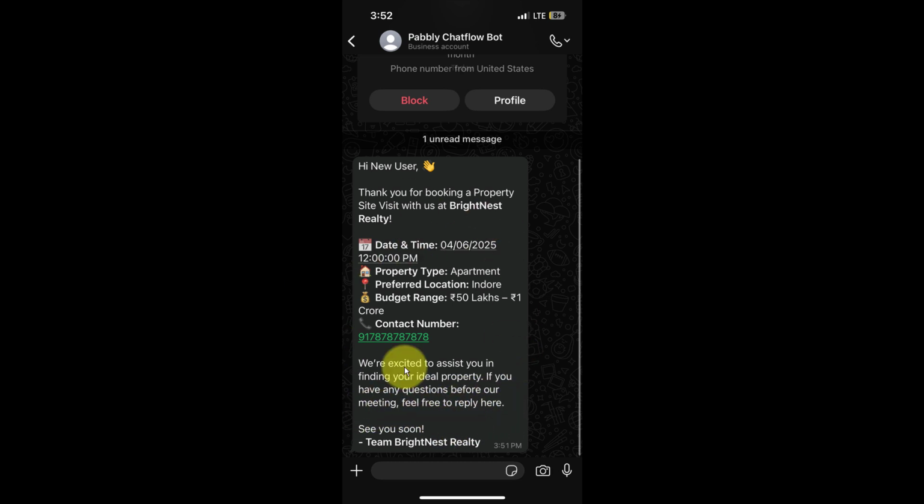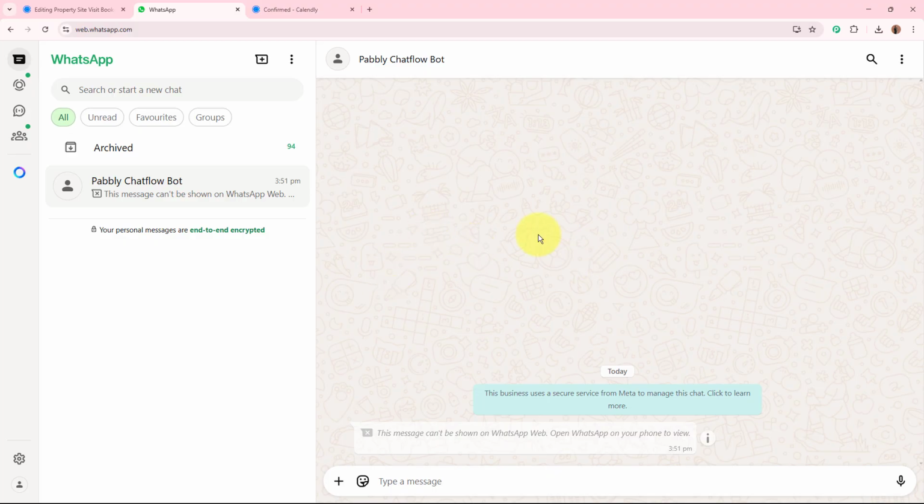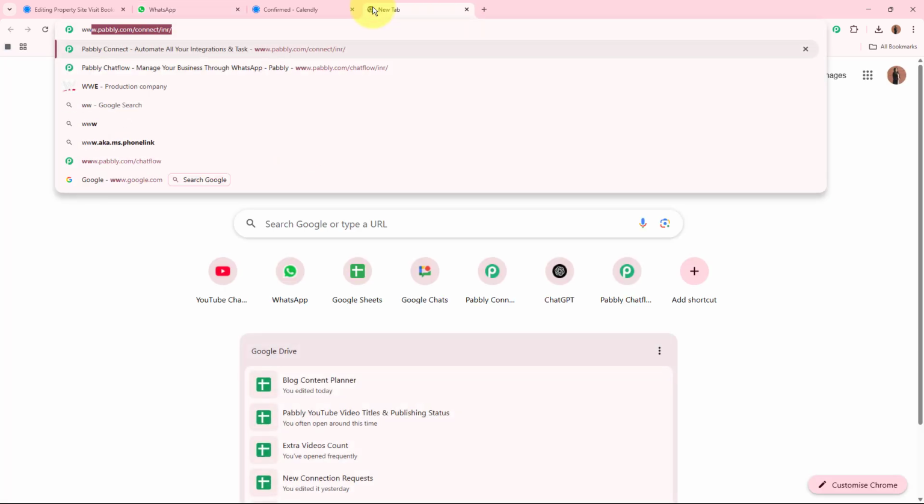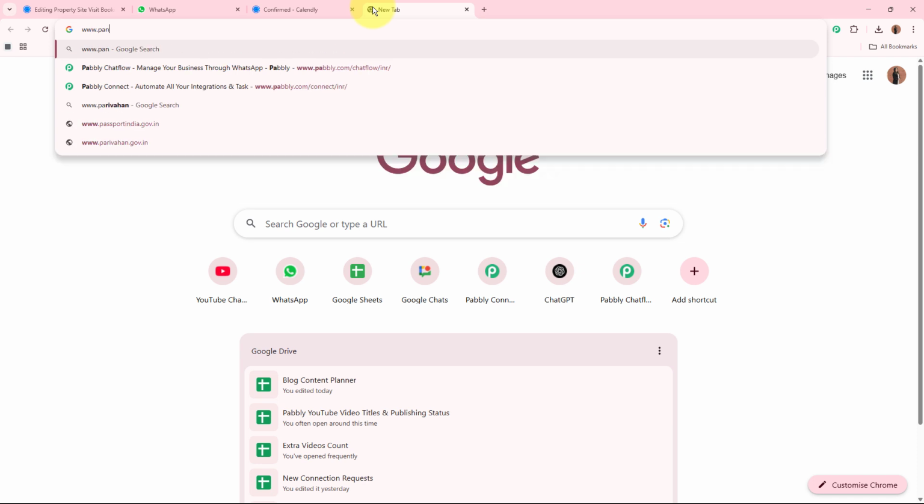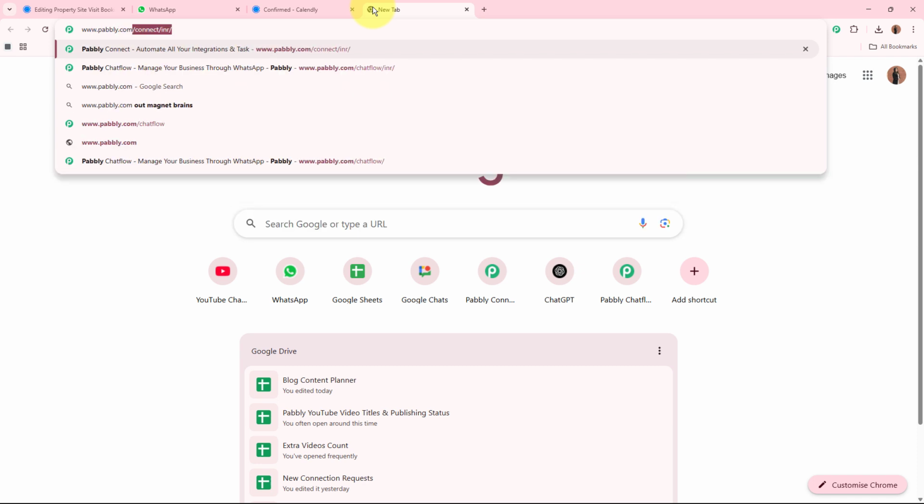You can see right over here, this message has been automatically forwarded on WhatsApp as we have booked a consultation in a real estate agency using Calendly. Okay. And in this video, we are going to learn the step-by-step process of building this automation using Pabbly Connect and Pabbly Chatflow. Firstly, on a new tab, I'm going to browse the website of Pabbly Connect, that is